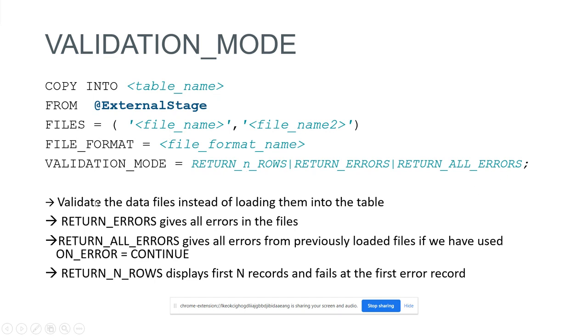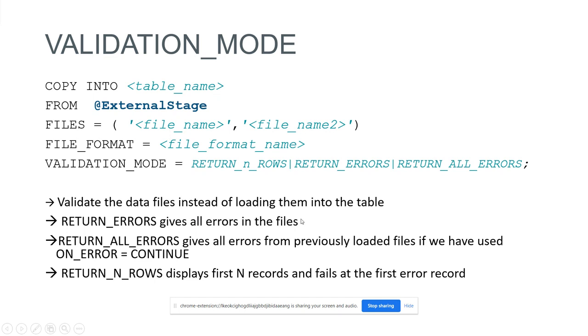Validation mode is used to just validate the data files instead of loading them into the table. Even though we are mentioning copy into table name here, it will not load the data into the table. Whenever we specify validation mode, it will just validate the data files, the input files. If it contains any errors, it will display those errors, based on the option we provide with this validation mode option. If we specify validation mode equals return errors, it gives all errors